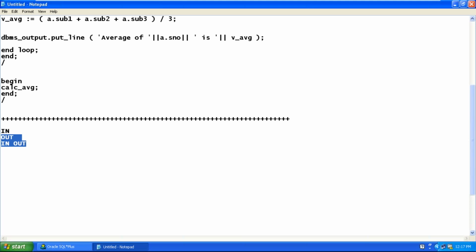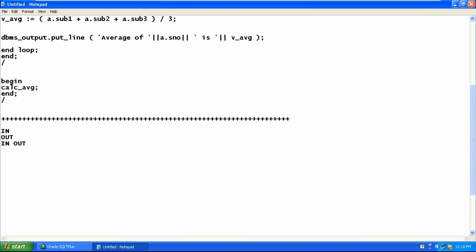Okay. What is the IN parameter? We have seen procedures which are accepting IN parameters. I have a procedure which calculates the sum of two numbers, a procedure which accepts an employee number and displays the salary, and one incrementing the salary. So we have done a couple of examples of IN parameters. So IN parameters are accepting the values from the user.